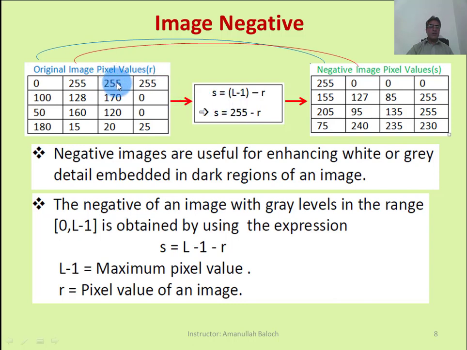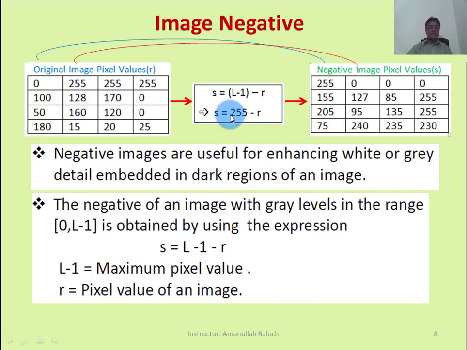The third pixel value of the original image is 255, while the third pixel value of the negative image is 0, because the transformation function transforms it into 0. So the black value becomes white, and the white values, these three pixel values that are white, become black. Negative means make the black values white and make the white values black.